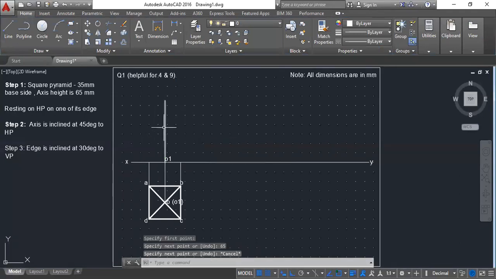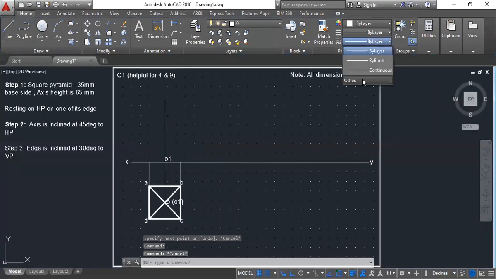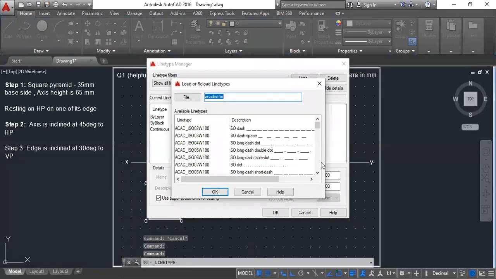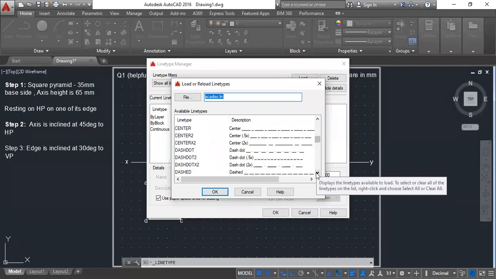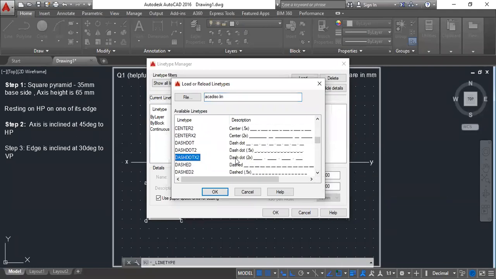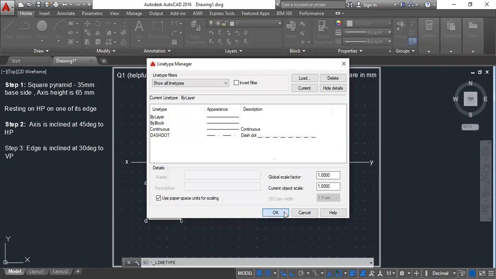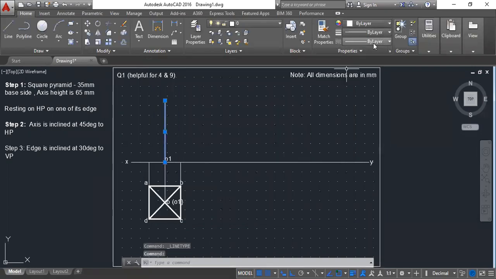Now axis is actually a dash line, correct? How to do that? So let me change it. Any dash and dot line should be good for me. So I'll change this to dash and dots line. This is how I'll draw the axis. Please remember to draw the axis in the same way even in your book.